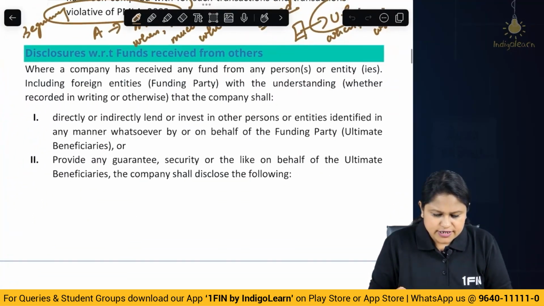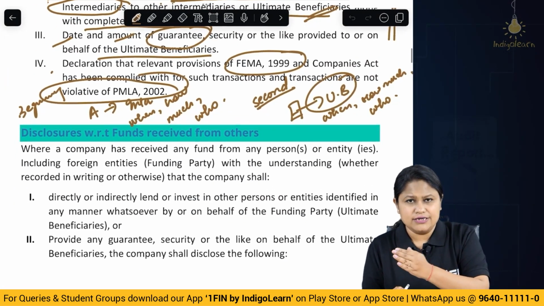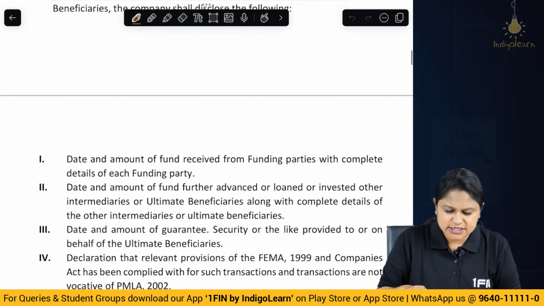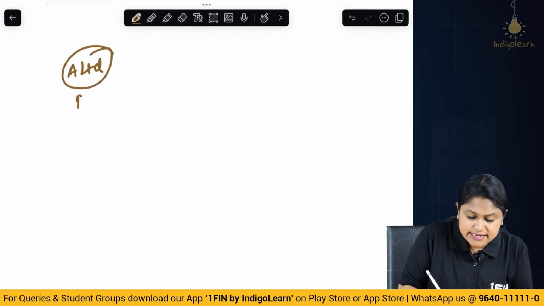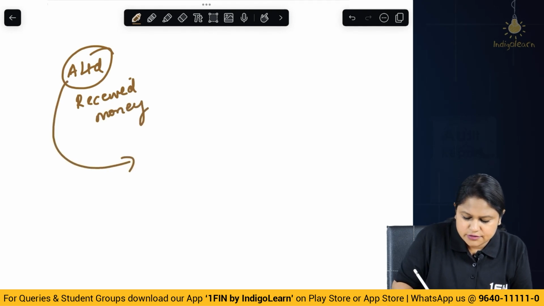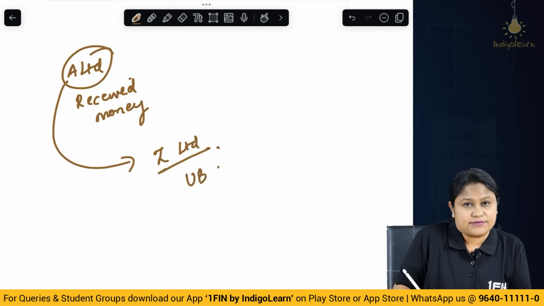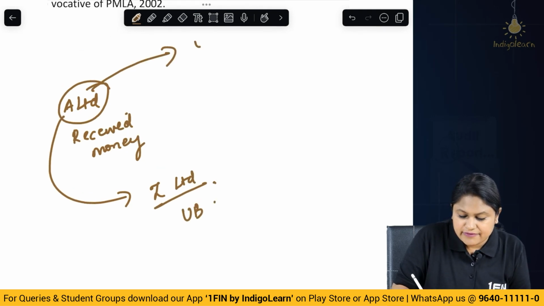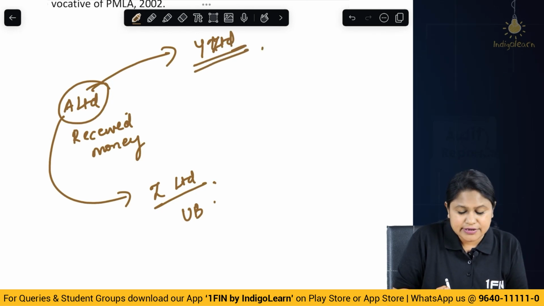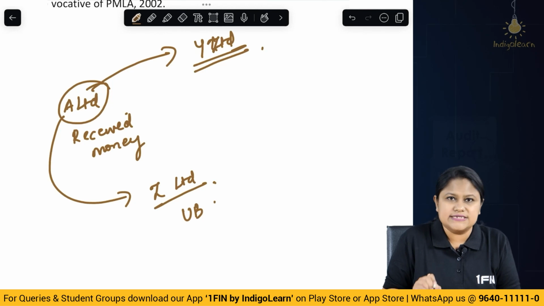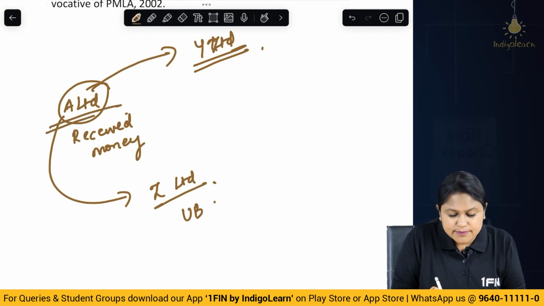Then there is one more part here. One is where we have funded, we have transferred. Second is we have received. We have received means now we are coming in the position of what? Now we are A Limited. So now A Limited has received the money to be given to some third company, let us say Z Limited. This is the ultimate beneficiary. So we have received from maybe Y Limited, correct? Y Limited has given money to A Limited with an understanding that A Limited should give it to Z, correct? So now we are standing in the position of an intermediary,